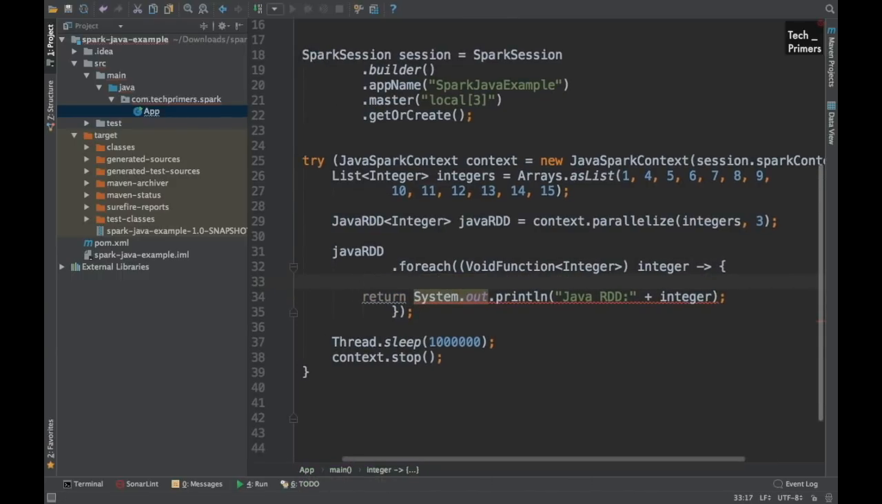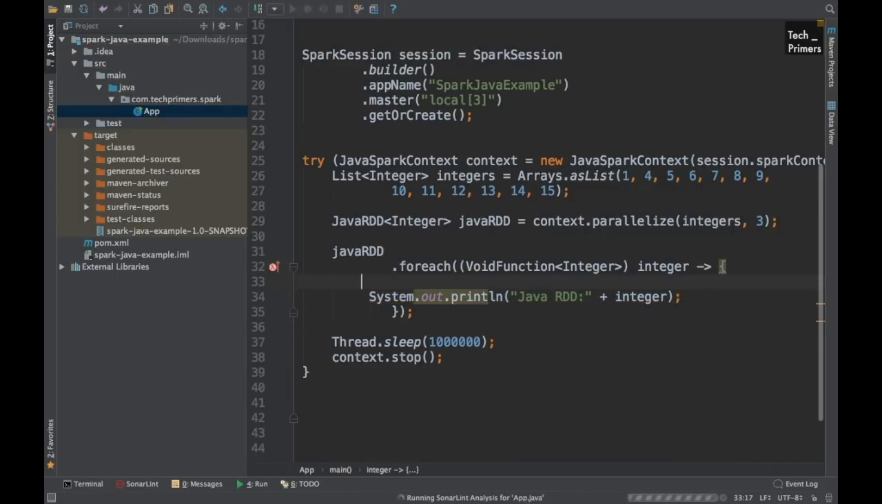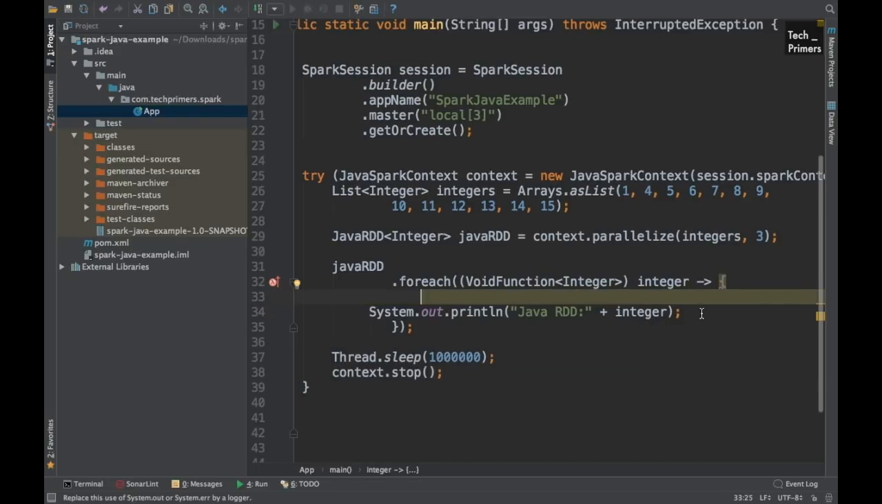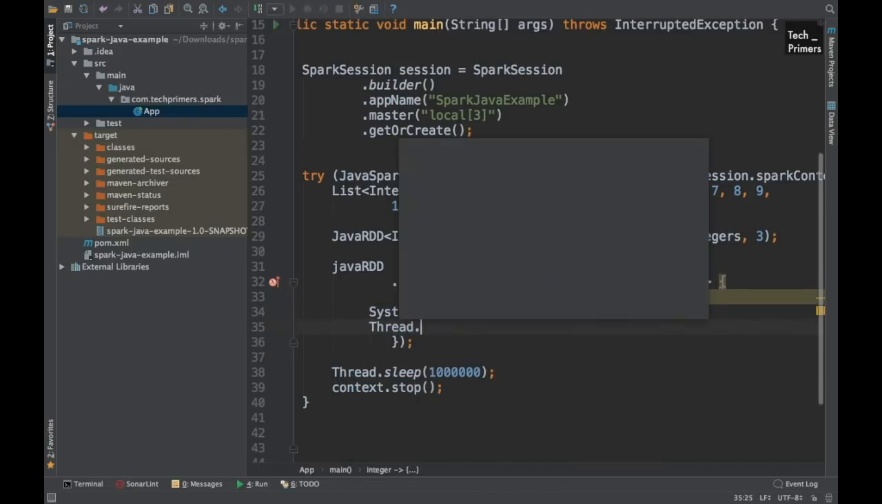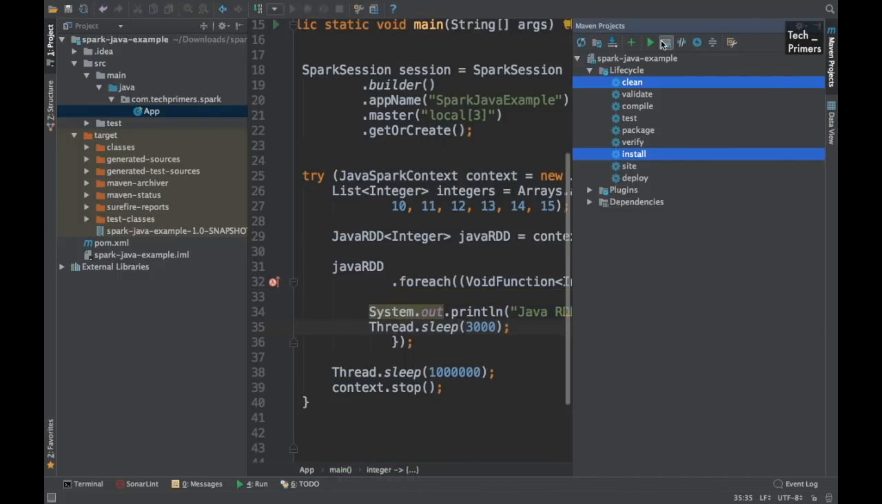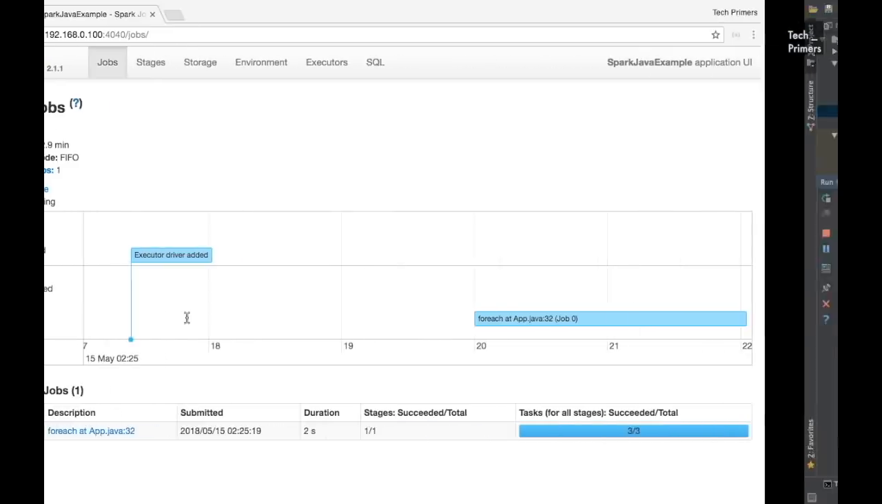So what I will do is, okay, this is just consuming a message, right? So after this is printed, I'll just do a Thread.sleep again. That way I'll introduce some artificial delay. I'll just do 3000 milliseconds, which is 3 seconds. Let me rerun this. Meanwhile, I'll just go and